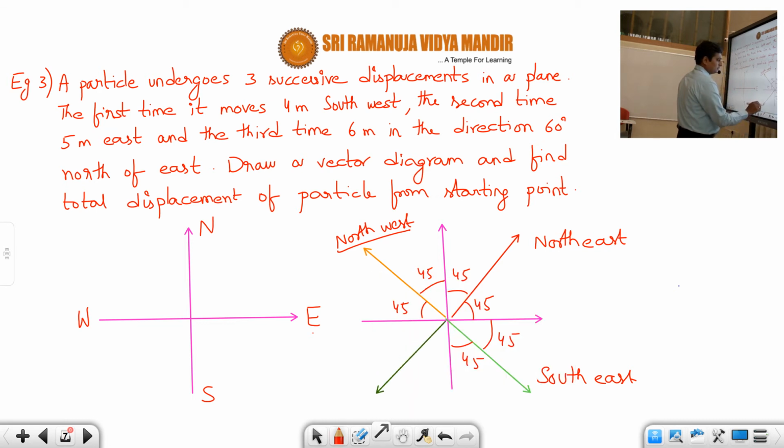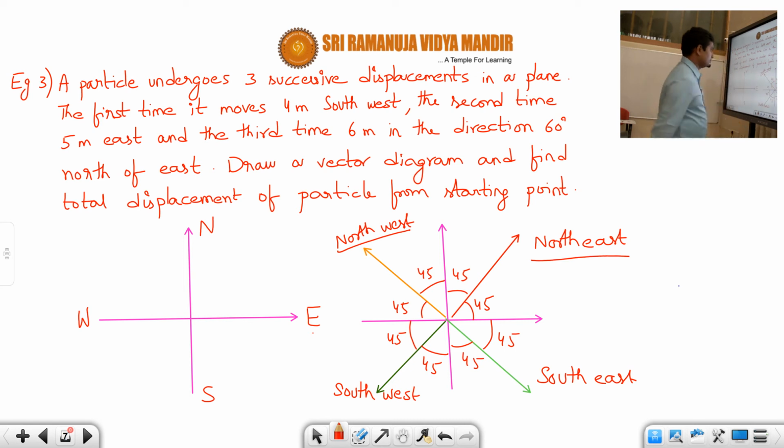And this one, students, what is this one? This is lying between south and west. So this is called southwest, students. Here also this angle is 45. So whenever we say it like this, the angles are clearly known. They won't mention it. When they say northeast, it means it is equally inclined to north and east, students.